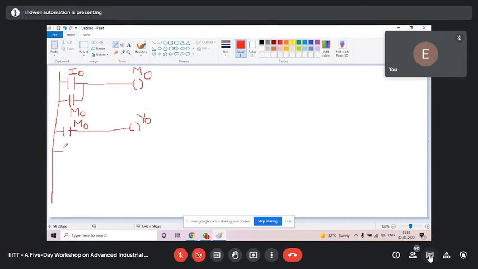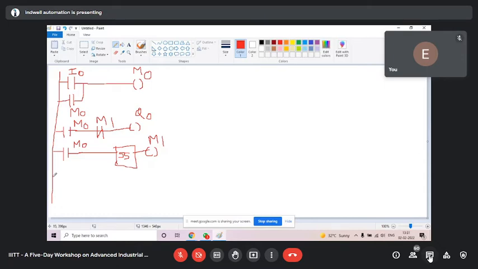Now from M0 we shall run one timer. Sorry, I have to take Q0 here because I am writing this for Codesys, or general say. Then we will make it for Mitsubishi. Q0. From M0 we shall take a timer for 5 seconds. After 5 seconds we take M1. From M1 we break Q0,